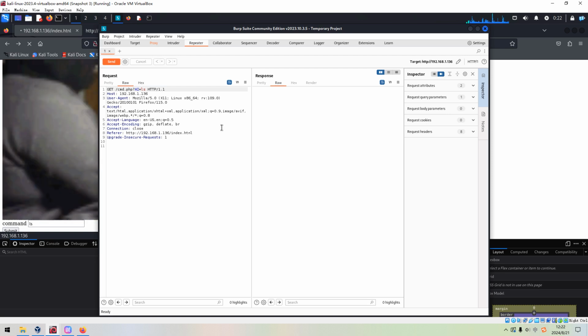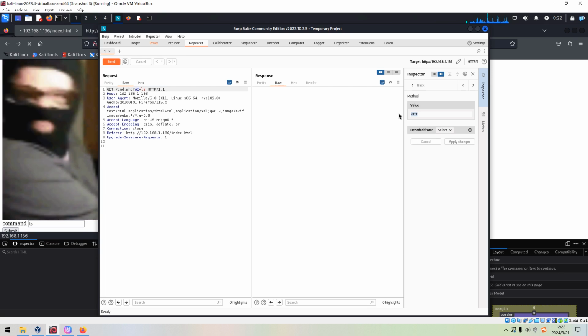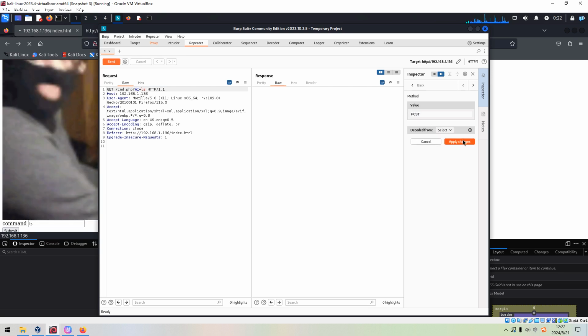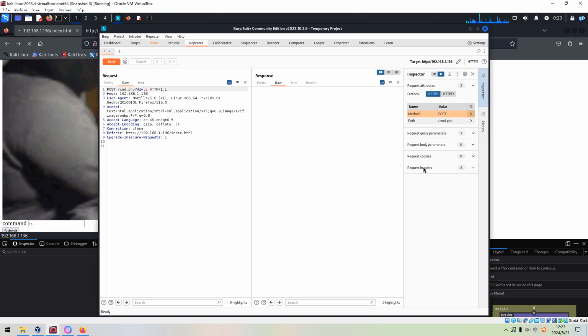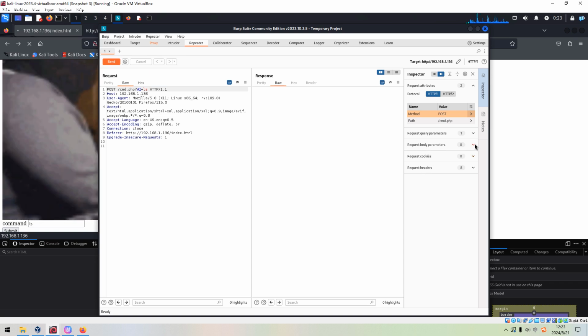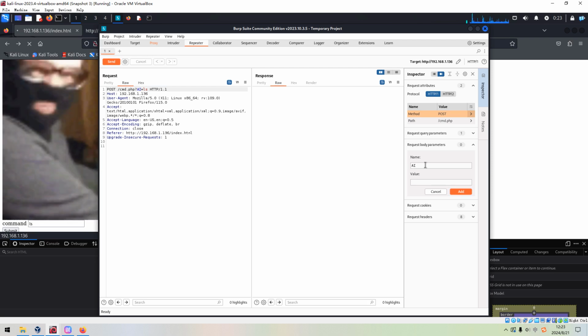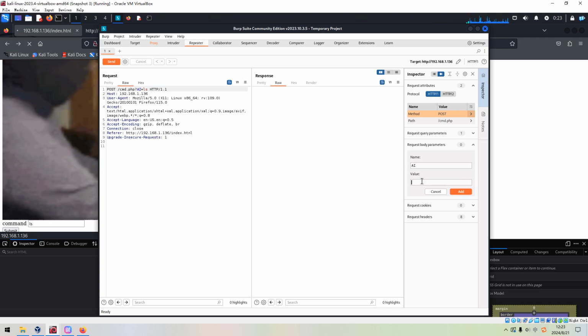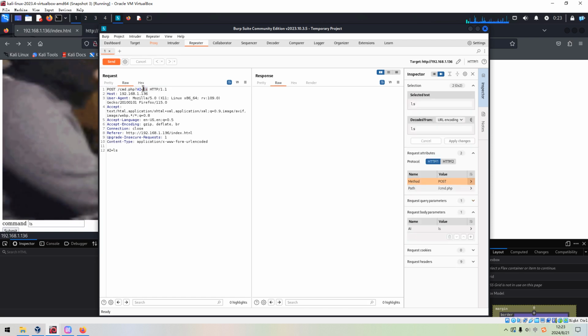For example, first of all, we need to change the method from GET to POST. Correspondingly, we need to add the body. The name should be the same as in the form, and the value would be ls. Of course, we can remove the rest.